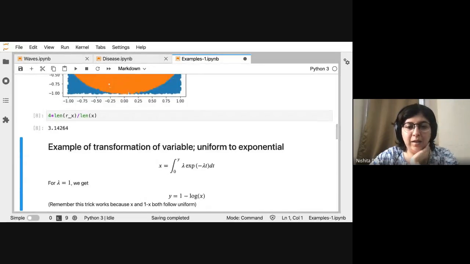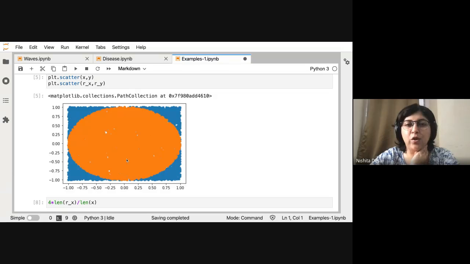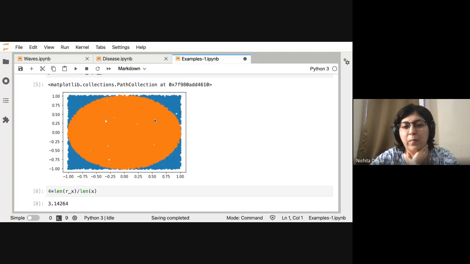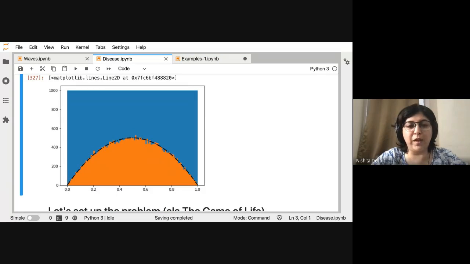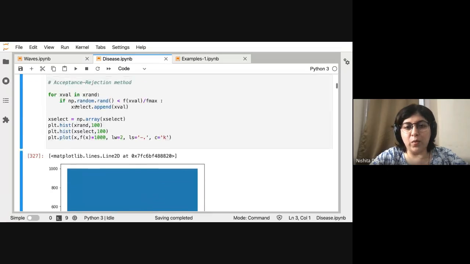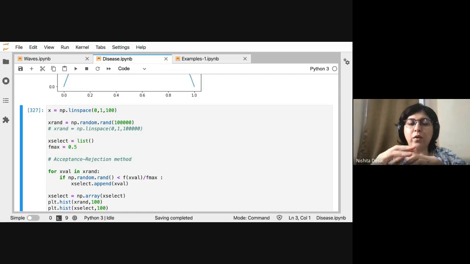Essentially this has to do with the ratio of areas. We saw that you can use the number of points falling inside and outside to get the ratio of areas, and that is exactly what we are trying to do here as well. When we divide by Fmax, what we are saying is that this square, rather than going up to 1, is going only up to here. So the square is smaller, and you are not going to waste as many points by falling outside the area that you want.